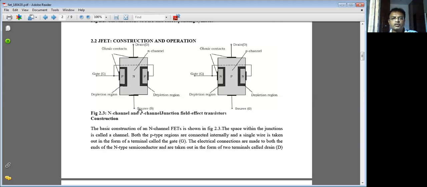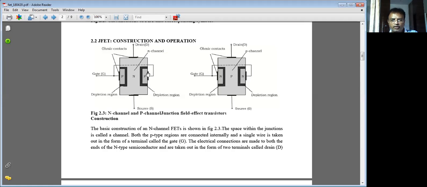So there are three terminals: source, drain, gate. Source and drain are nothing but the opposite ends of the channel. On either side of the channel, opposite regions are there. If N channel, P regions are there. They're internally shorted here, and we call this terminal the gate. This is N-type semiconductor. This is P-type semiconductor. We want to take the terminals out of this semiconductor, so we will have ohmic contact or metallic contact. Here there is a metallic contact. Here there is a metallic contact. We will pull a metallic lead and we call this terminal S, another terminal D.